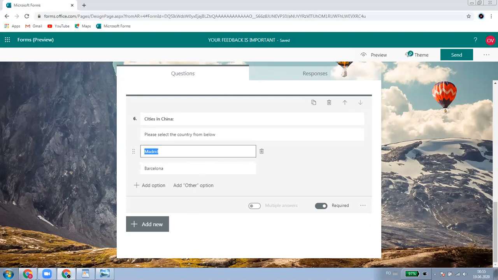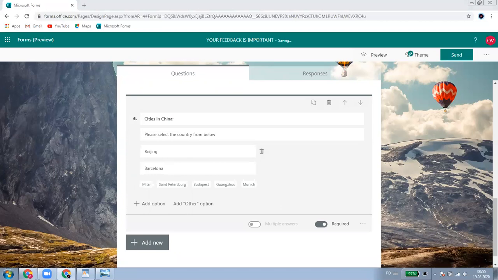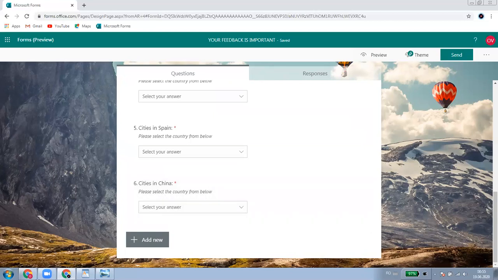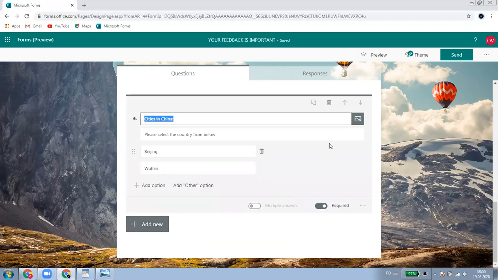As cities for China, I will take Beijing and the second, let's say Wuhan, because now it's a famous city. And I have one more field for